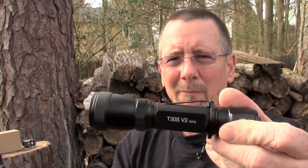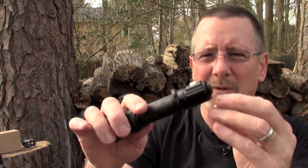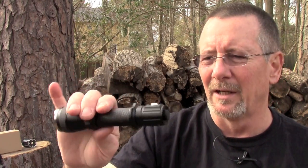It is weapons mountable with a standard weapons mount. They advertise on the website that there is a tail switch adapter available for it. They don't have that anymore. It's going to be a manual operation. I don't know if another tail switch will fit it or not. I'm not very familiar with stuff like that, but